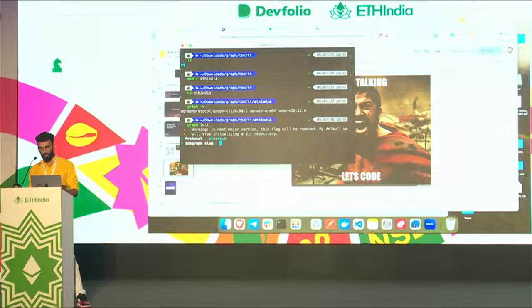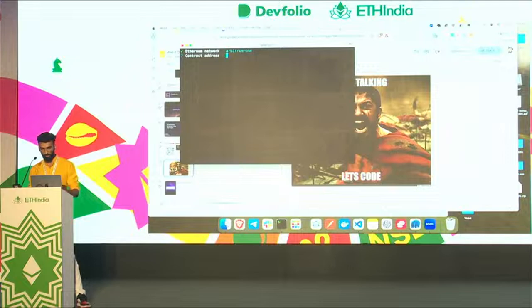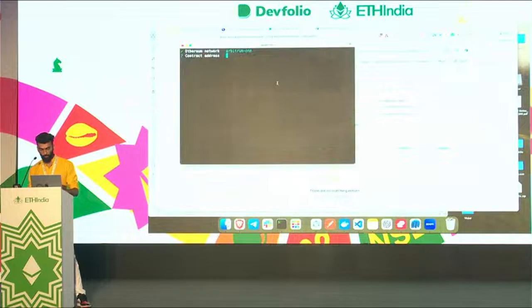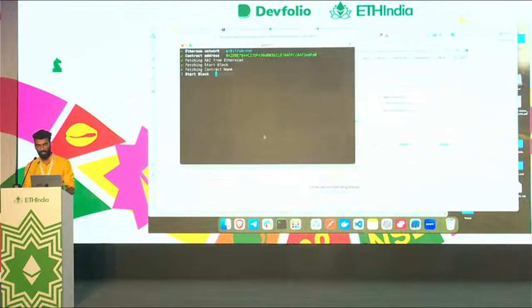You can read and write. Ethereum subgraph slug ETHIndia. It's the ETHIndia token that we are creating today. Arbitrum 1 is the chain that I'll be deploying it on. The smart contract address is this particular address. Let me make sure I copy the right address that I've just deployed. It will fetch the data from the ABI from Etherscan here. If you are deploying a smart contract which is not verified, make sure it's verified, and then the smart contract with subgraph codegen should be able to get all the data that's required. Okay.